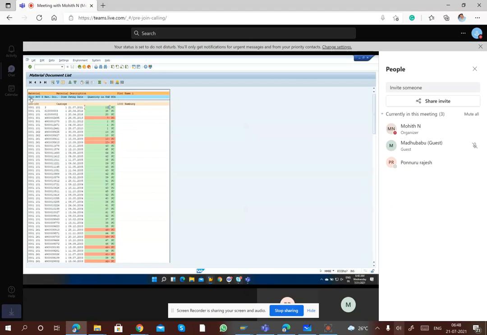Okay. So if you see on the second screen, after 100 down to the material, similarly down to the material you will have storage location, movement type 101, material document 3, item 1. We only ordered one line item. If there are multiple line items, you'll get 1, 2, 3, 4, 5 and so on. Now we have only one line item in our GR. Posting date is this one. Quantity 12. Unit of measurement is pieces.